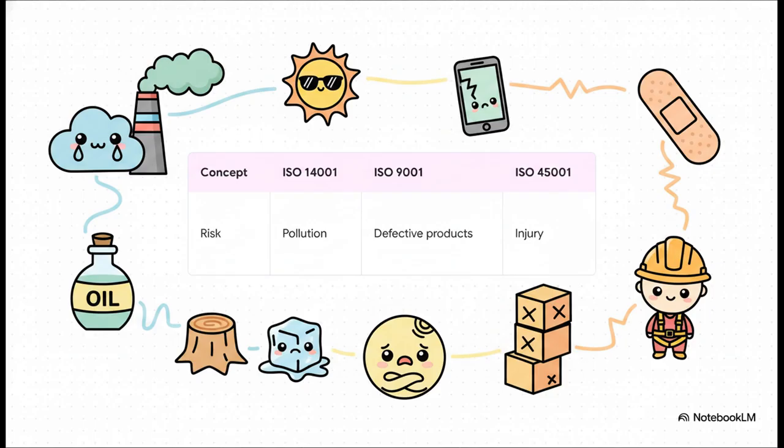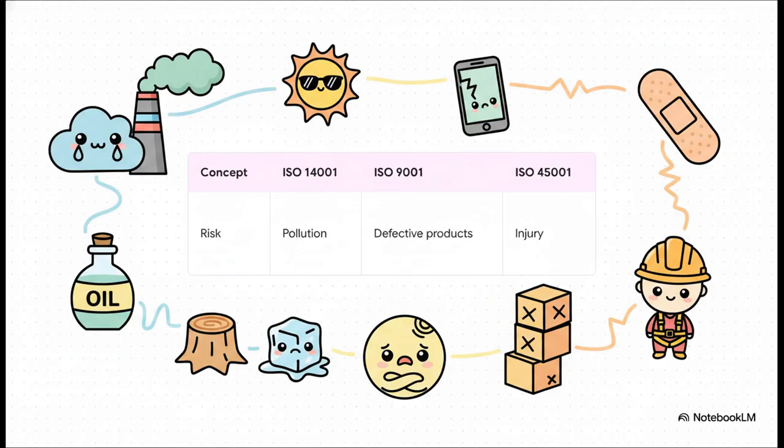Risk-based thinking is absolutely foundational across all modern ISOs, but it pivots sharply. In our 14001 environment, risk means pollution, resource depletion, climate exposure. Right? It is not about defective products or customer dissatisfaction like in 9001, and it's definitely not about physical injuries like in 45001. As a lead auditor, you've got to constantly reel it back and anchor to that Clause 3.1